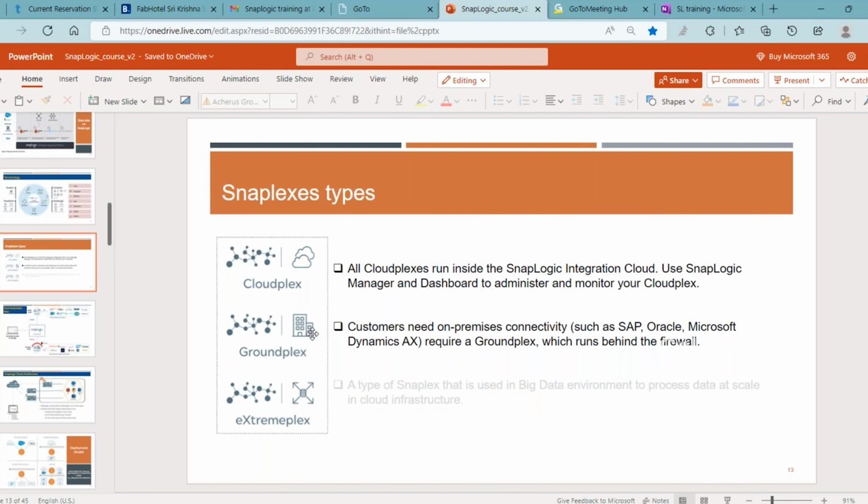Right, between the Groundplex and the internet, we will have a firewall, which is for the network security. Here, all the security and firewall systems will be taken care of by the SnapLogic team. Okay, hope you are clear on this, because this is very important when we take decisions in the deployment model. Okay,